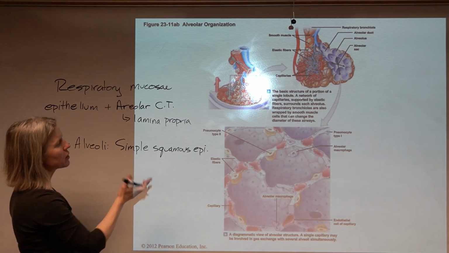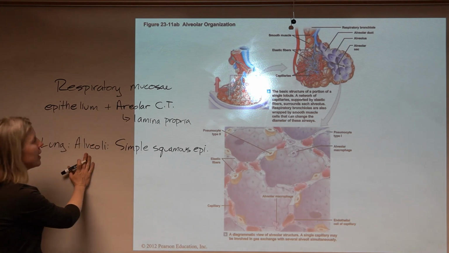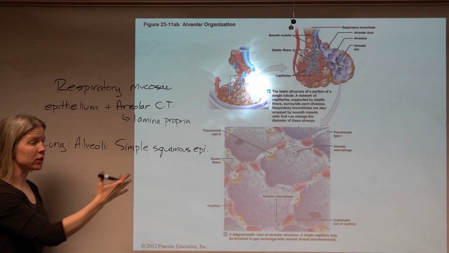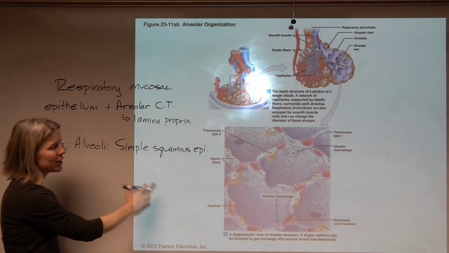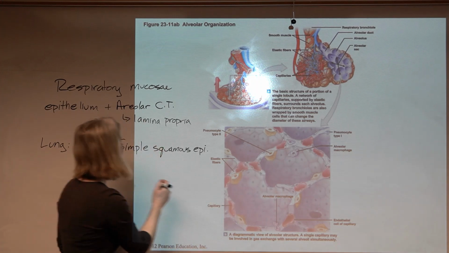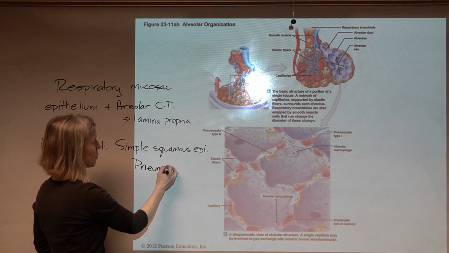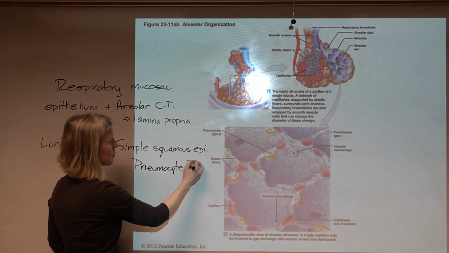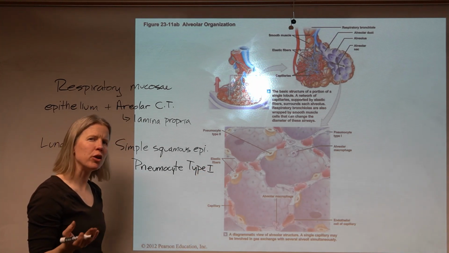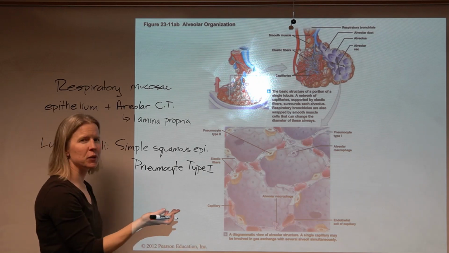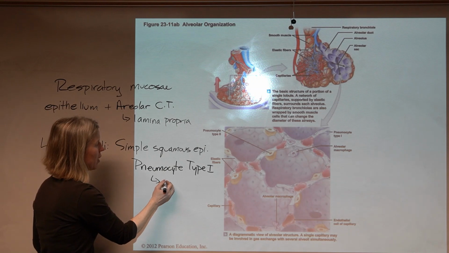Now, with this simple squamous epithelium, in the alveoli, we have a couple important cell types. The simple squamous epithelium that's serving as gas exchange, these cells, they're showing them here in purple, these are called pneumocyte type 1. Type 1 pneumocyte is also fine, but they usually say pneumocyte type 1. That's just simple squamous epithelium, right? Gas exchange